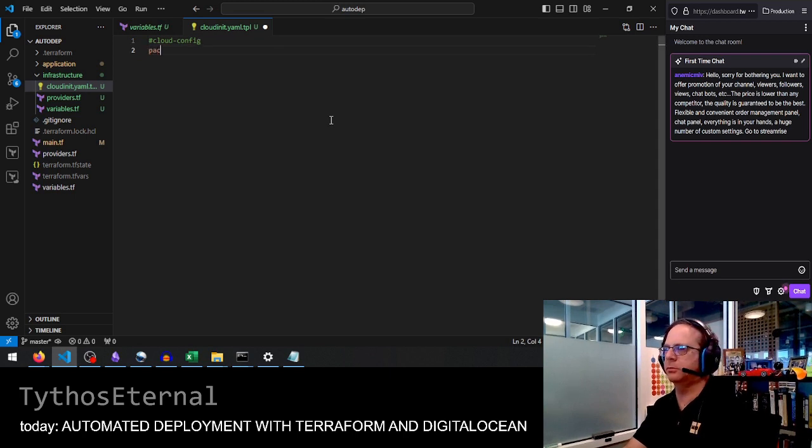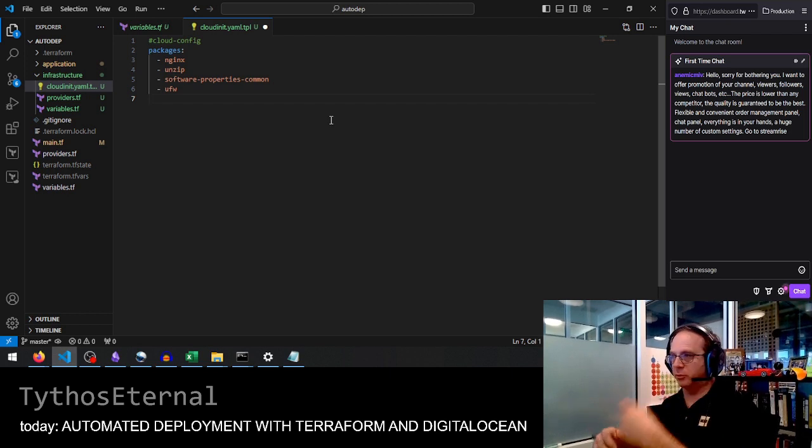And this is actually pretty straightforward. You could think of it as sort of an Ansible style, although Ansible is not, strictly speaking, idempotent or state oriented. So we're going to need a firewall. We're going to want some software properties. We're going to want to be able to unzip, and it wants to install Nginx as well, so that's what we're going to use. And then there's some commands that we're going to want to